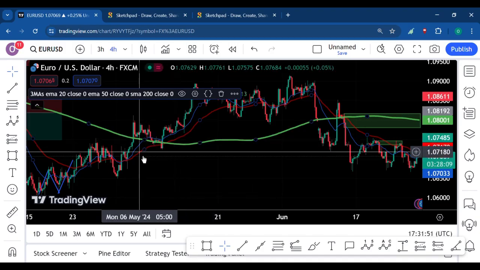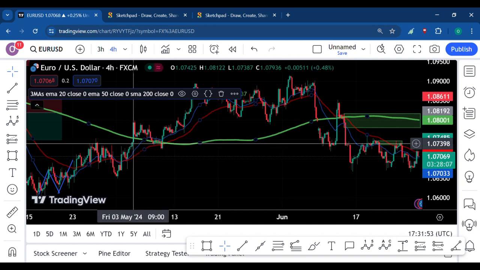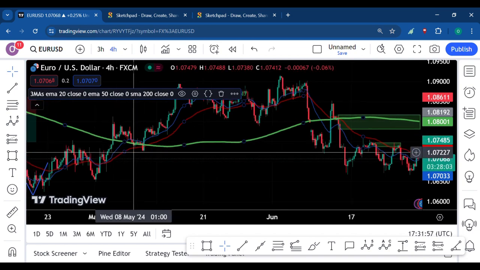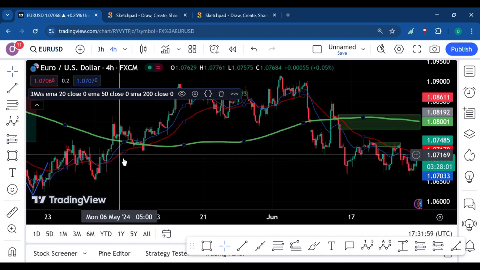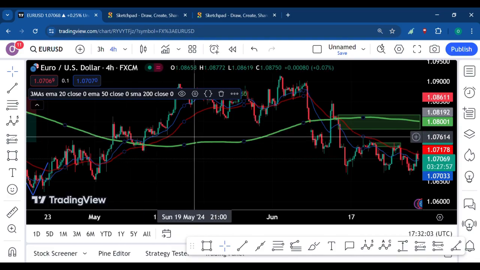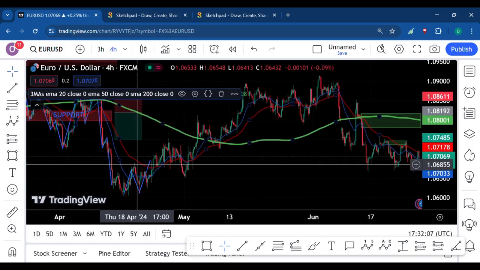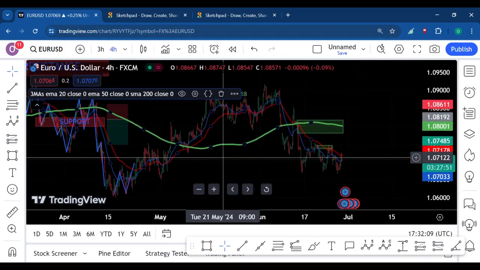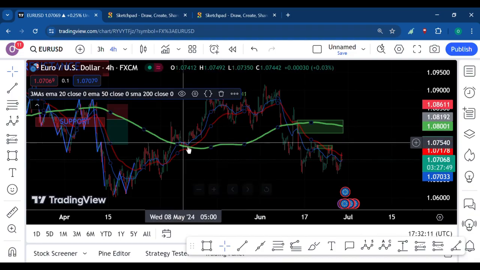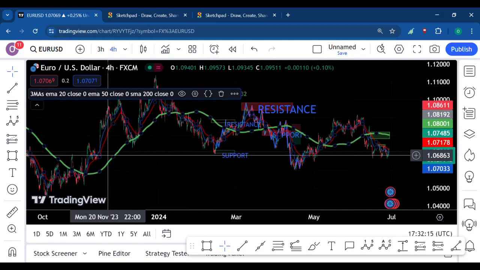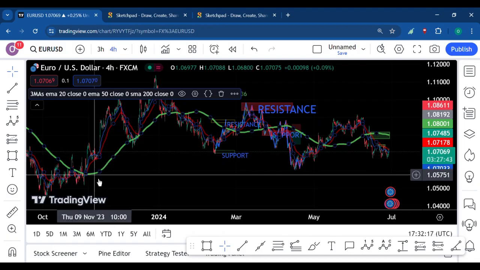And these two, blue is for 20 and red is for 50. They also intercept each other just like EMA 50 and 200. But this green line will be judged between the two of them. It is going on its way. It doesn't interfere with them. But you should know that it is also moving, upward or downward, but